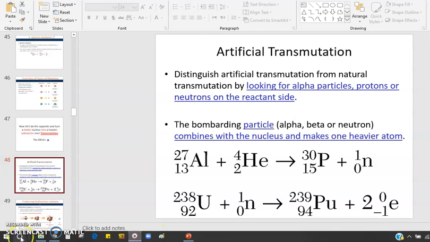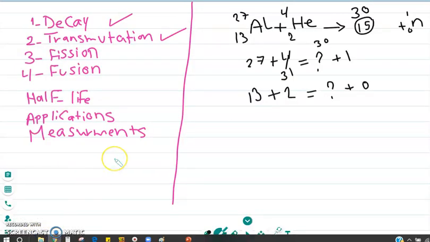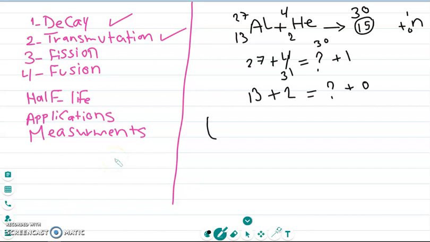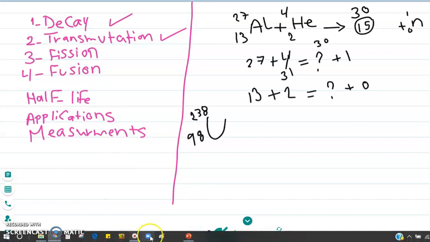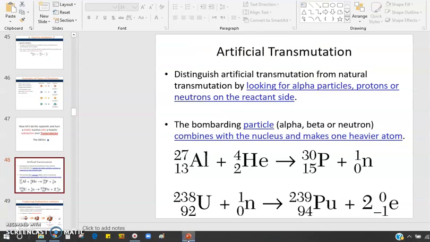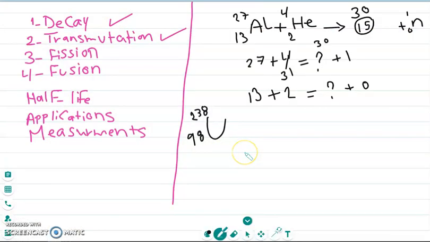Let's try another example. Uranium 238, and 92, I believe. Let me check. 92 and neutron and electron. And 92 here. And it was hit by a neutron